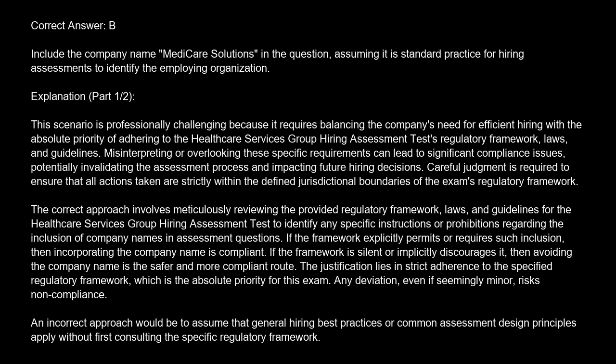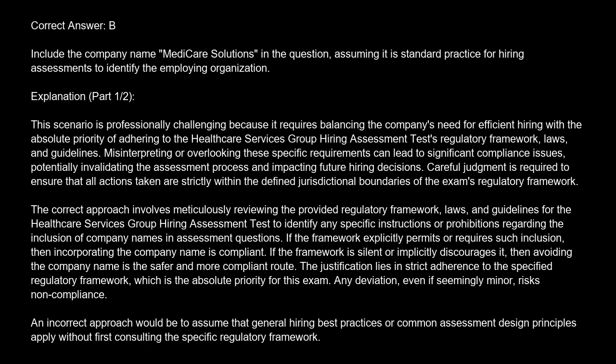Misinterpreting or overlooking these specific requirements can lead to significant compliance issues, potentially invalidating the assessment process and impacting future hiring decisions. Careful judgment is required to ensure that all actions taken are strictly within the defined jurisdictional boundaries of the exam's regulatory framework. The correct approach involves meticulously reviewing the provided regulatory framework, laws, and guidelines for the Healthcare